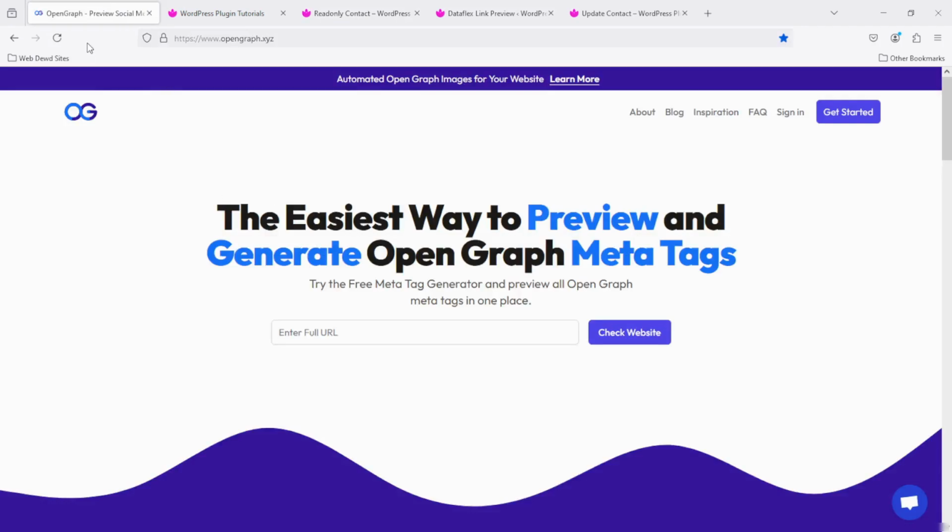And we're going to use this website here called opengraph.xyz, and this is a really good way to see what your database entries will look like across different social media platforms. So I'm just going to paste that in here now, and we're going to click check website,